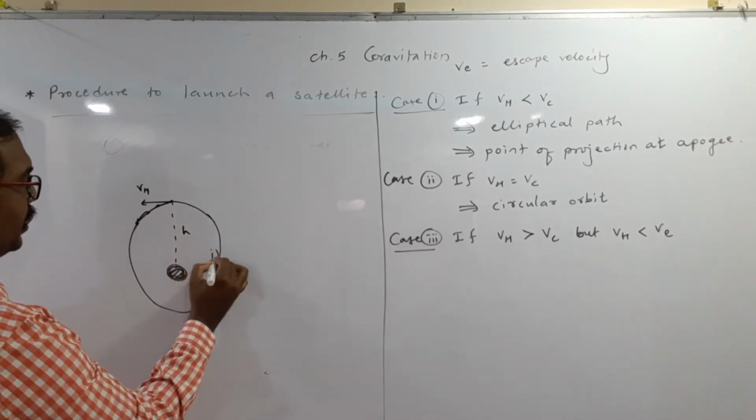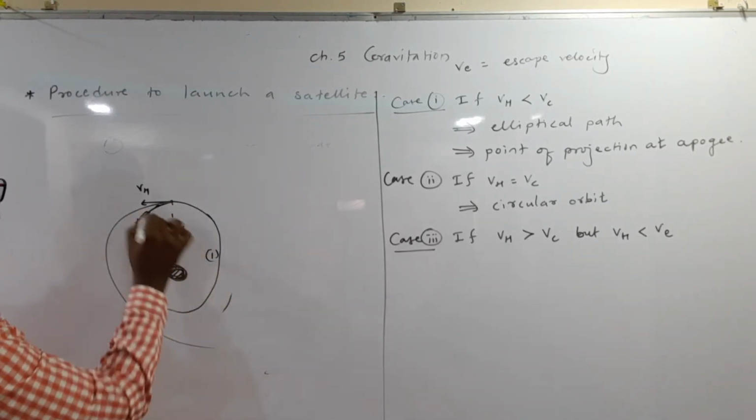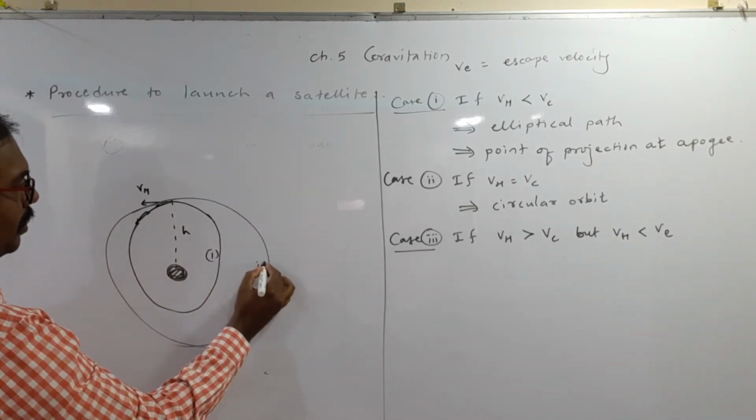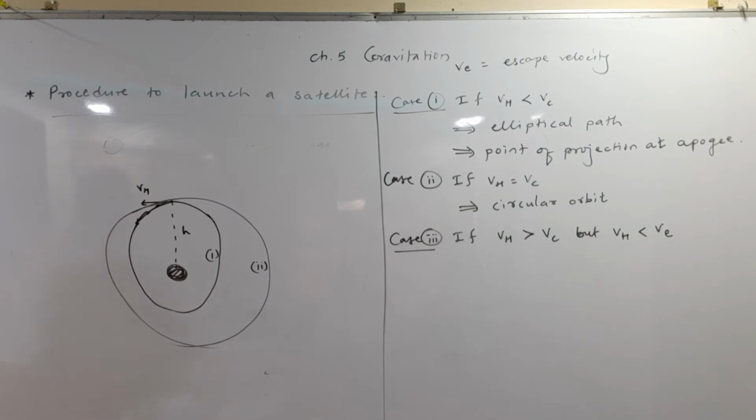Now here I will show the elliptical path again. This is the first case. Second case, circular path. So this is the second case. Now here, if horizontal is greater than critical, but horizontal is less than escape, then it follows